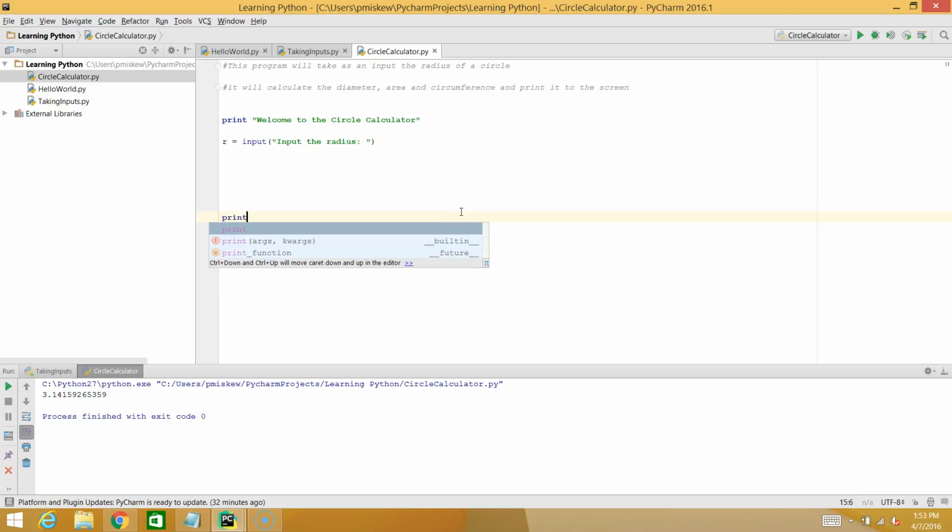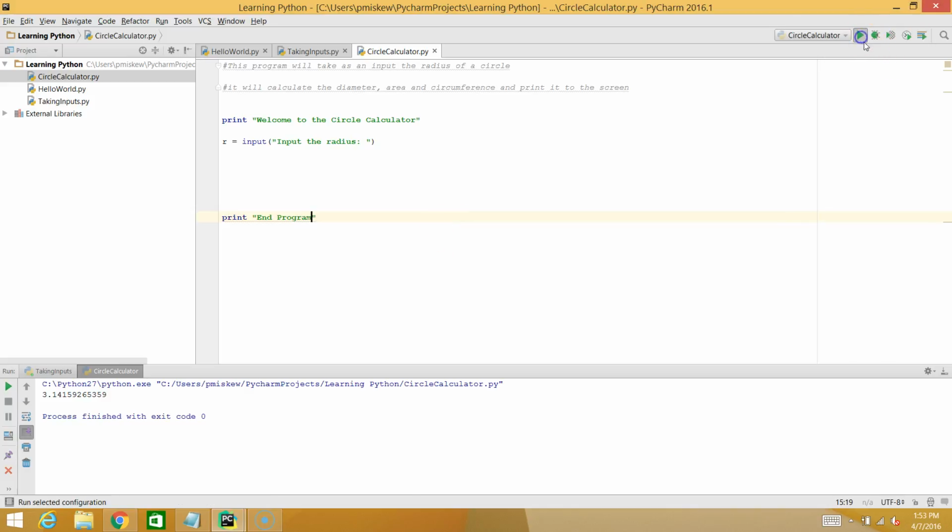Now I'm going to put a print, I'm going to put end program. That's going to just let me know that the program's run to the end. So if I run this right now, I should just get welcome to the circle calculator, input radius,